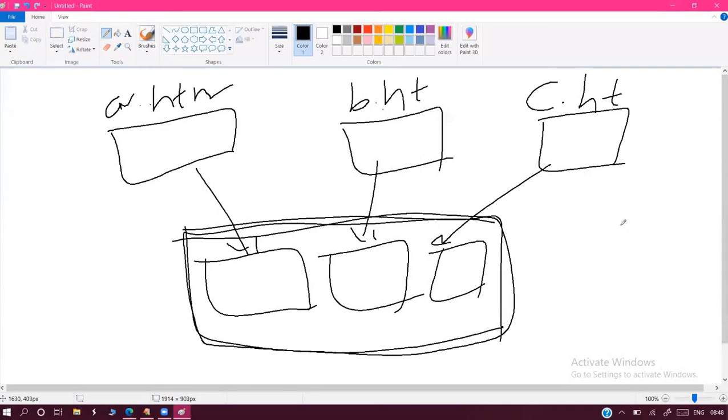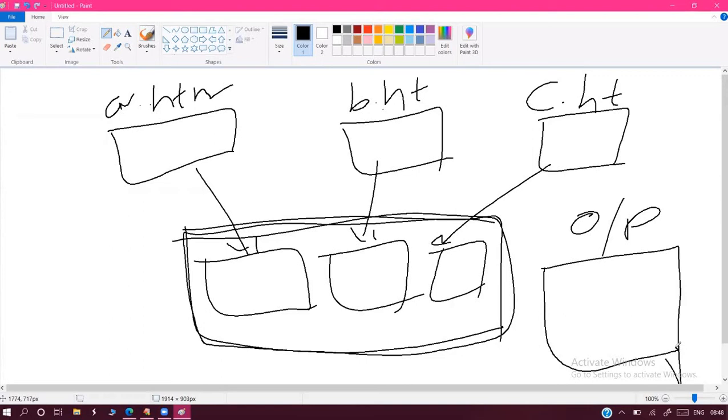One small thing, sir. After executing the program, you are getting output now. Based on the output, can you identify whether this is iframe generated or not, sir? 100% not possible, because it does not look like three pages, it looks like a single page. Really, it is a combination of three pages formed like that. Without seeing the source code, nobody can identify that.